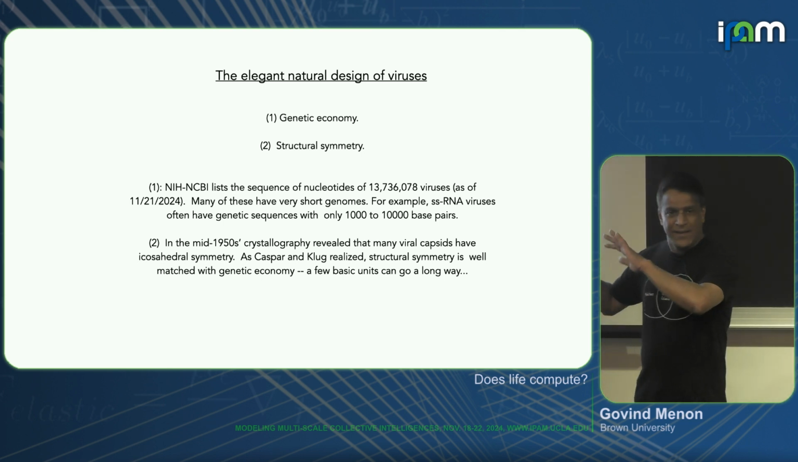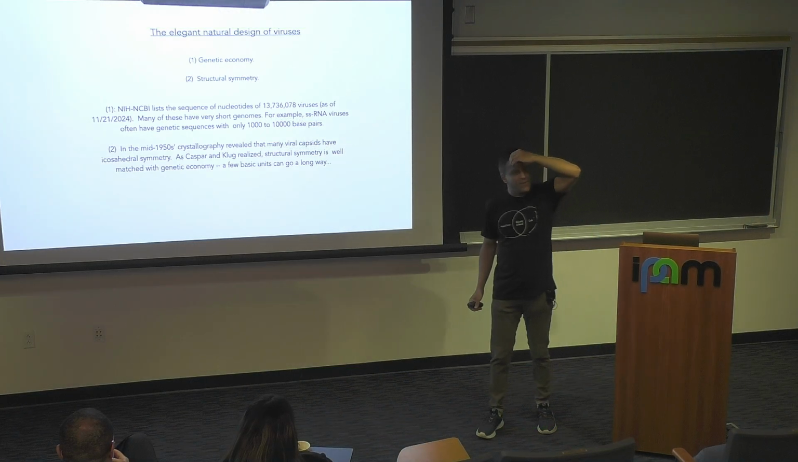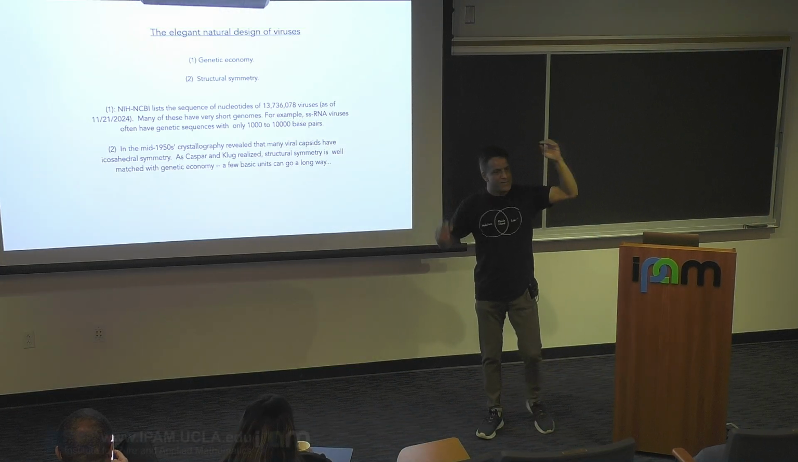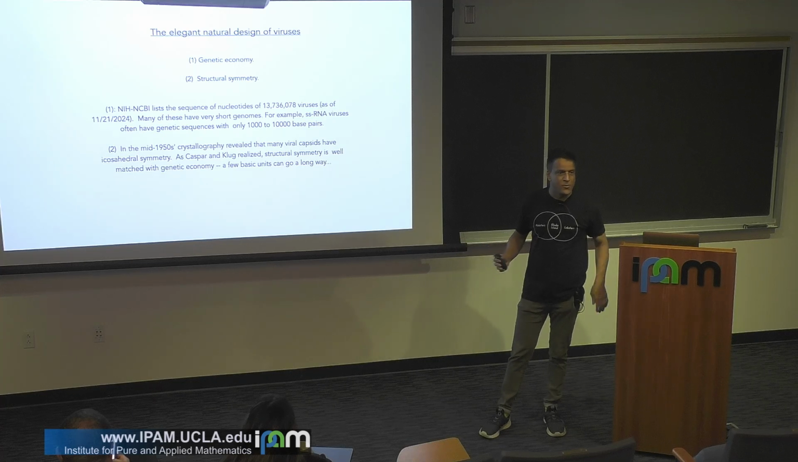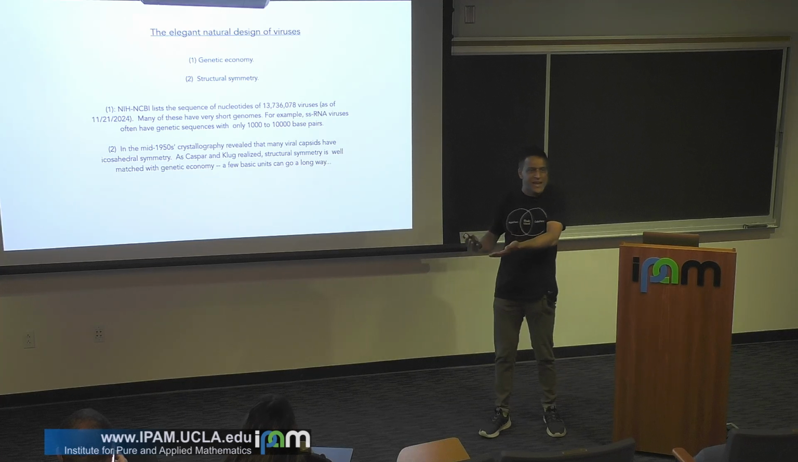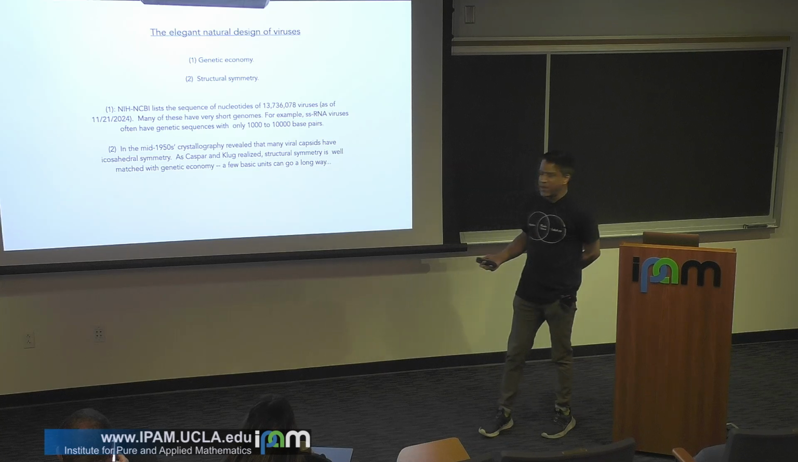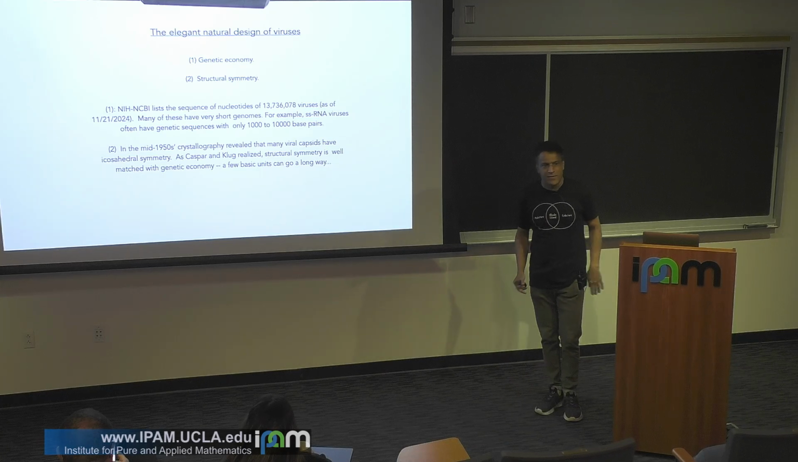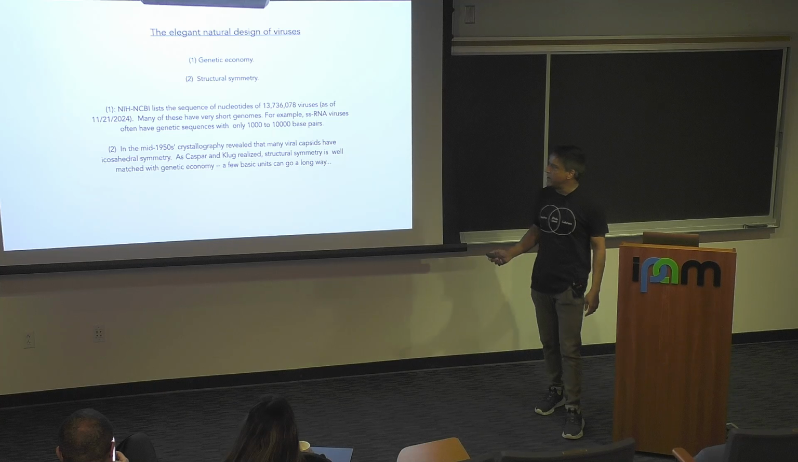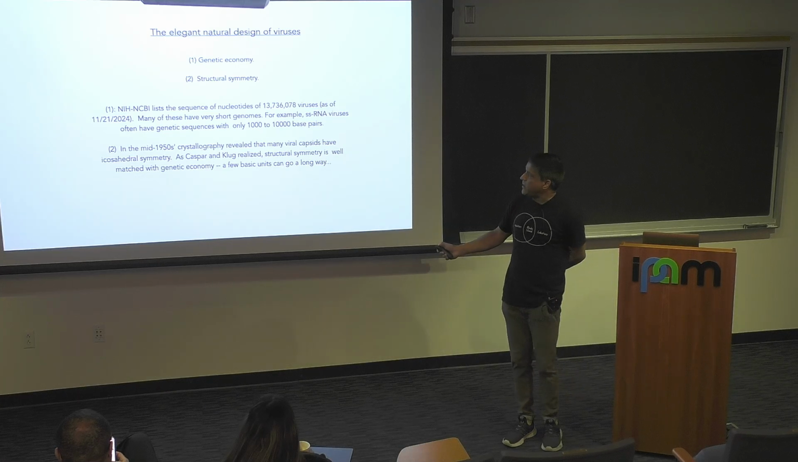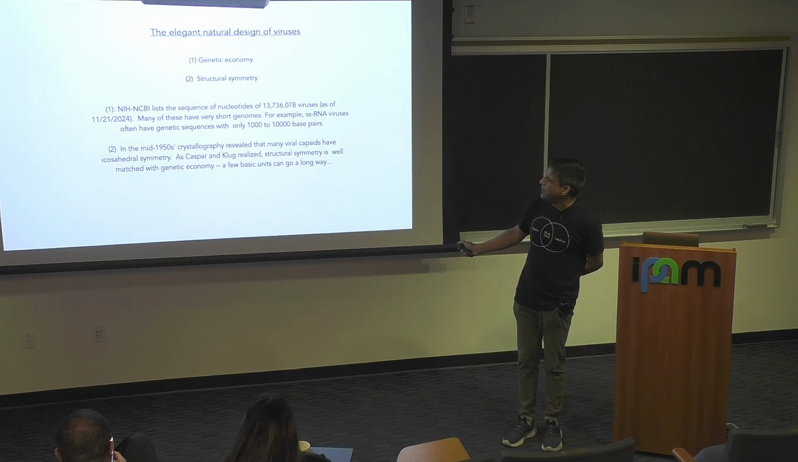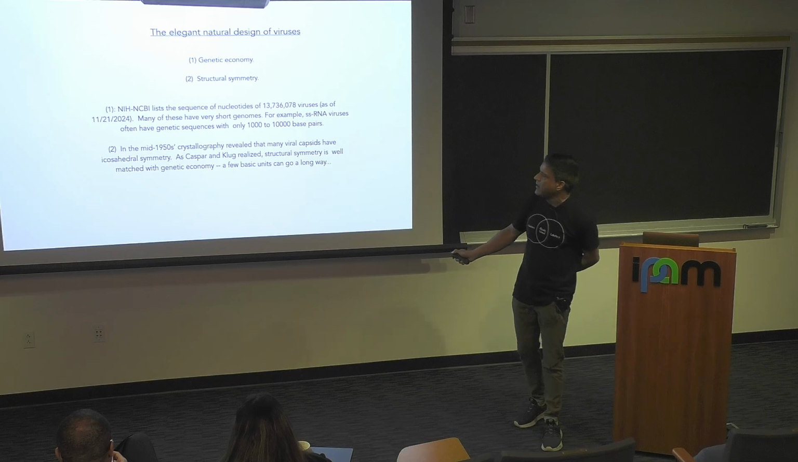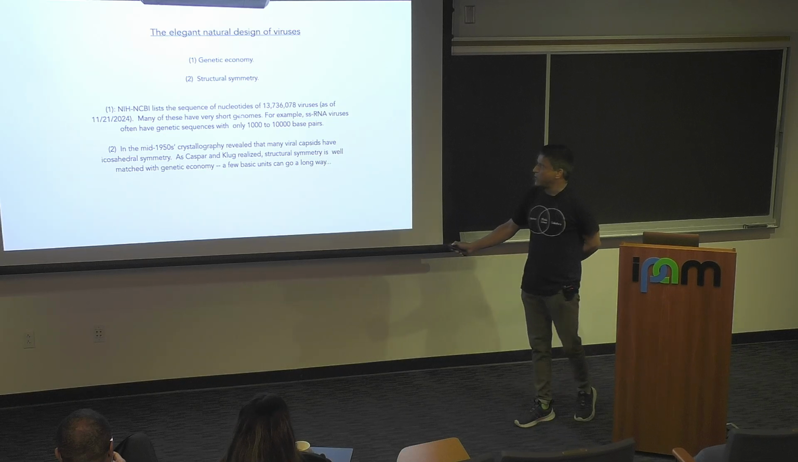Okay, so there are estimates that there are 10 to the 31 kind of viruses, most of them in the oceans, and 10 to the 7 species. Most of the viruses actually prey on bacteria, but just vertebrate viruses, there are already like 1 million of them. So one of the things that we know about these viruses is that many of them have very, very short genomes. Okay, so a typical simple virus with single-stranded RNA typically has genetic sequences of only like 1,000